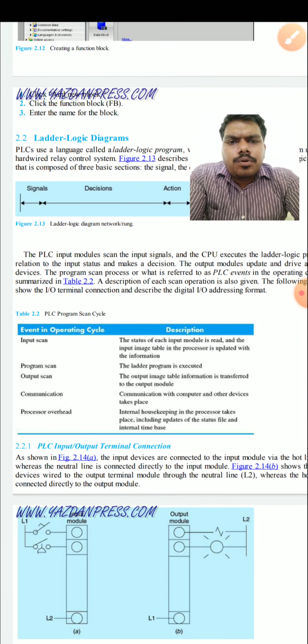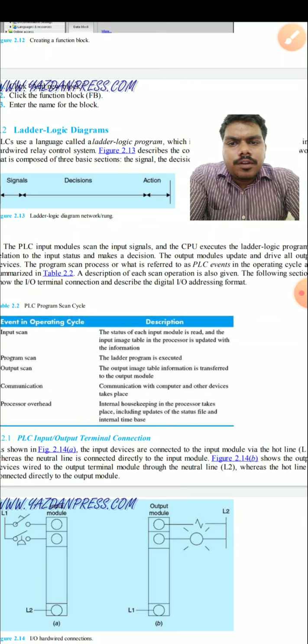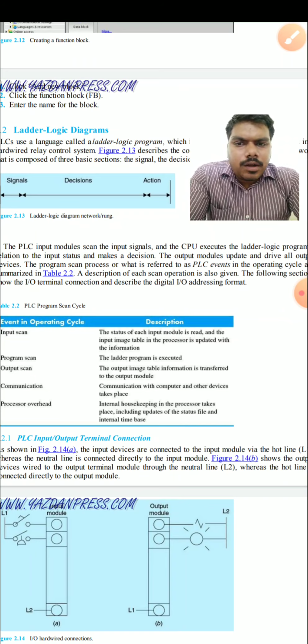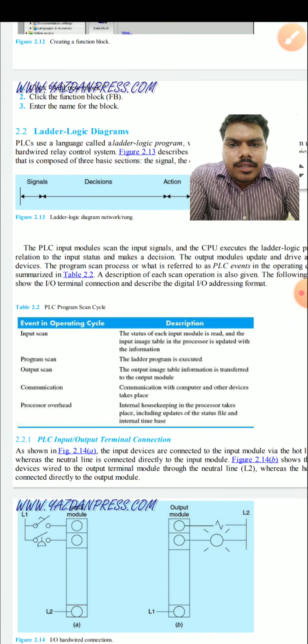Then the output module updates the status and drives the output. After executing the program, it drives the output.